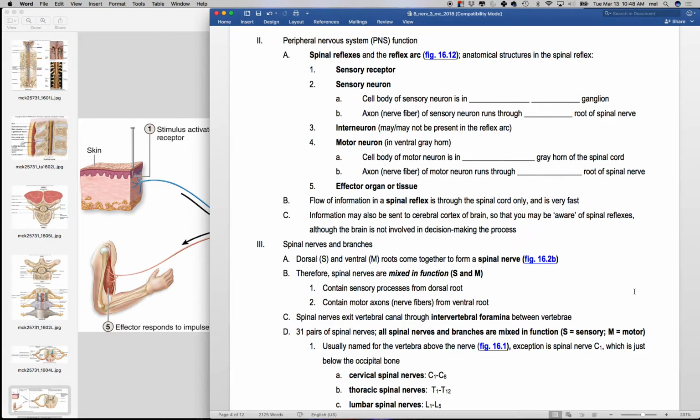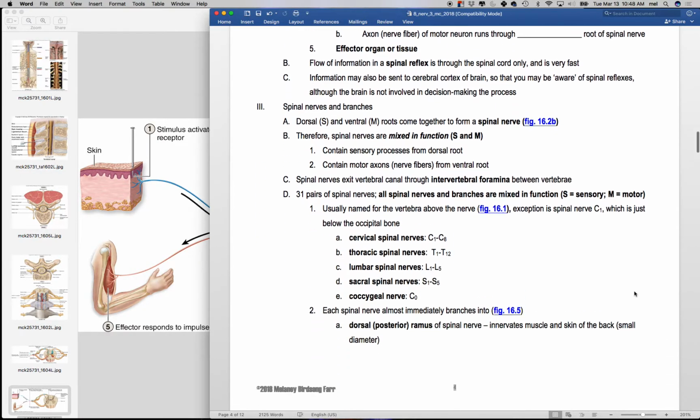So the flow of information in a spinal reflex is super fast. Right? That's the whole point, is that a reflex is really, really fast. It's definitely not smart, though, right? It's just on, off, 1, 0. That's it. Okay, so now,